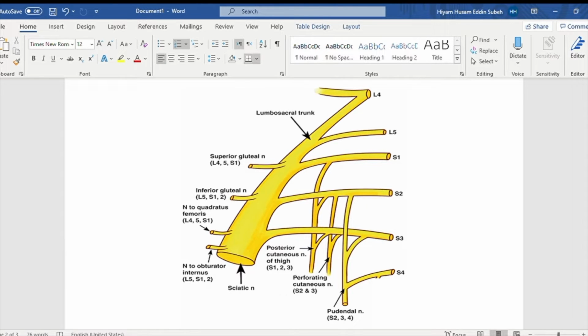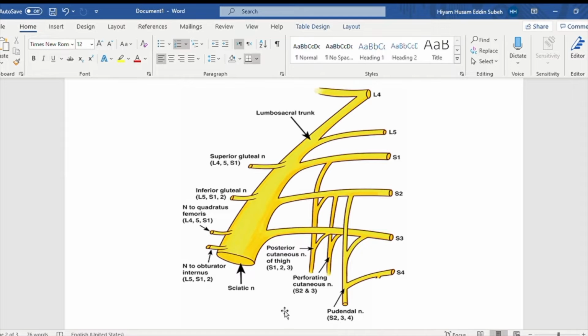Now let's discuss the nerves that arise from the sacral plexus. We can classify them into major nerves and minor nerves, okay? So we have 5 major nerves and 4 minor nerves. The first 2 major nerves are the superior gluteal nerve and the inferior gluteal nerve. The third major nerve is the sciatic nerve. Then the last 2 major nerves are the posterior cutaneous nerve of the thigh and the pudendal nerve,